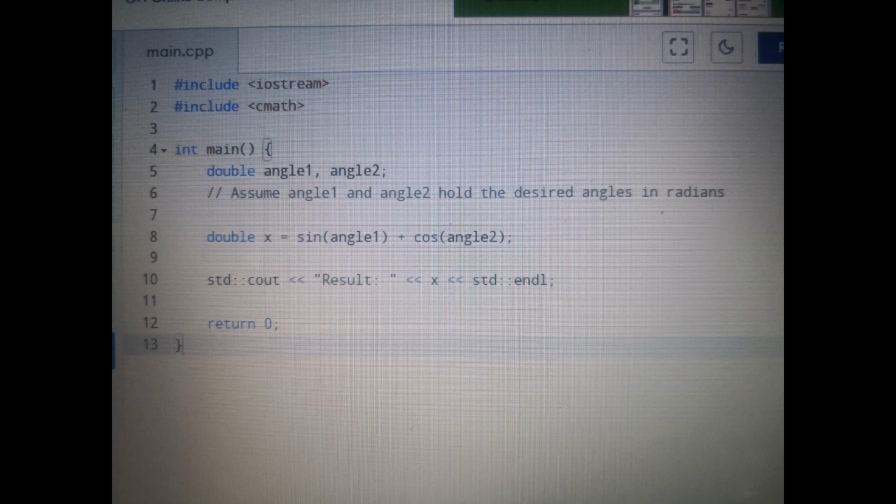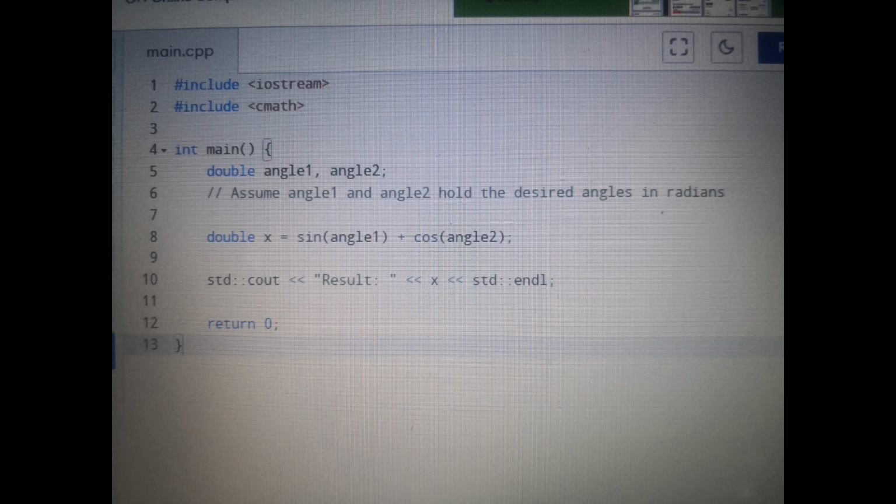For the std::cout << "Result: " << x << std::endl, this line outputs the results. The std::cout is used to output the data to the console. The text "Result" is followed by the value of x, which contains the sum of the sine of angle1 and the cosine of angle2. Then std::endl is used to end the line.